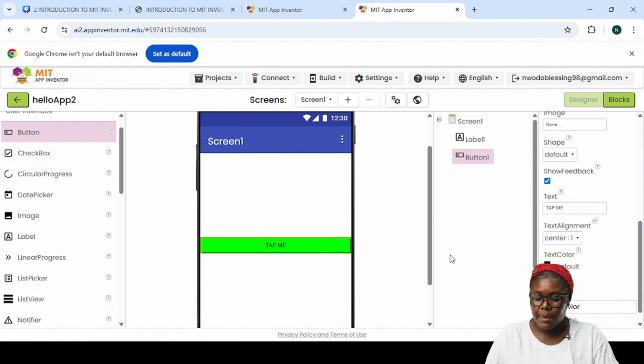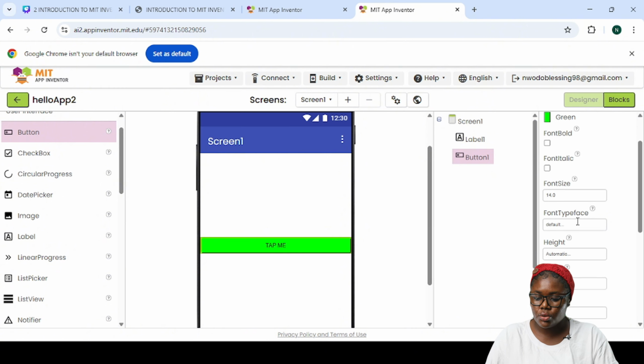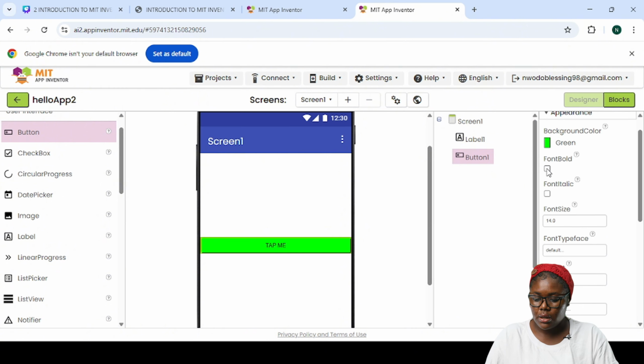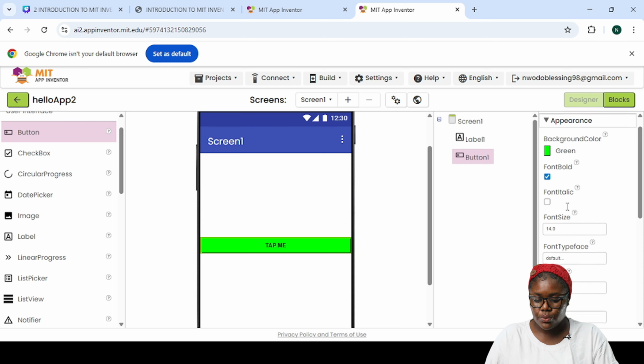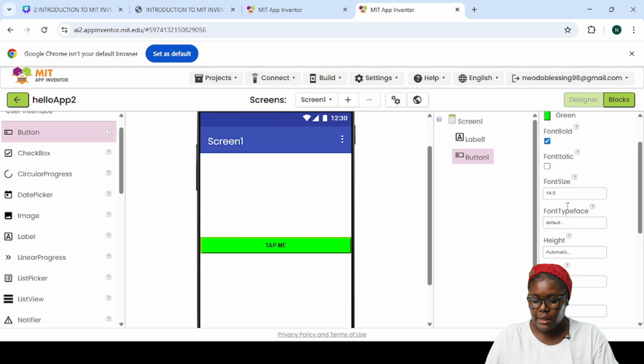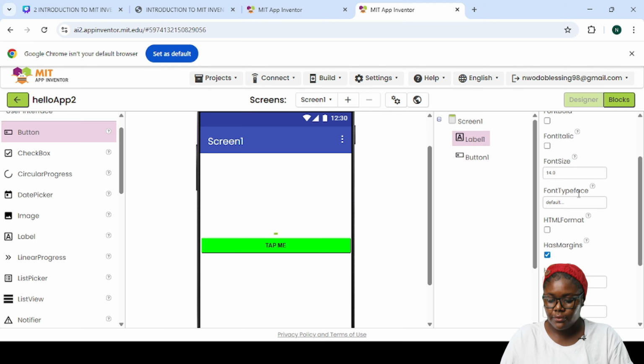All right, can you see the tap me right there? So let's make our text bold. So make it font bold. All right, it's now bold. And what else do we need to do there? I think that's it for now. And then we'll go to label. For the text,